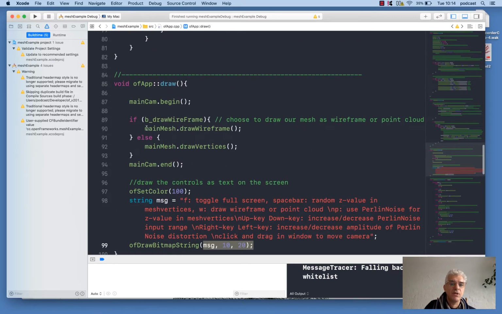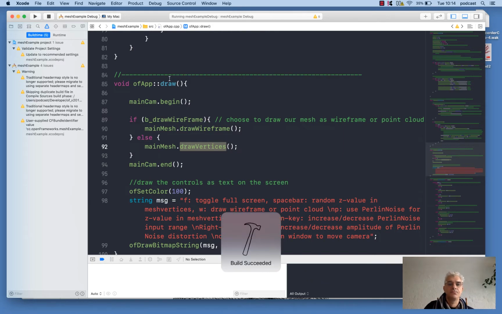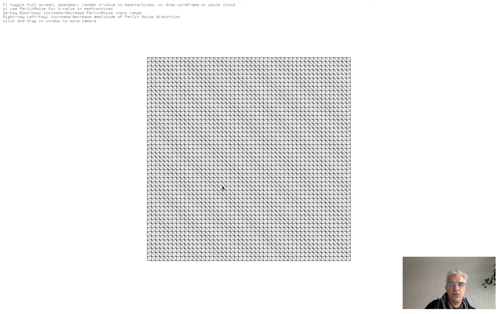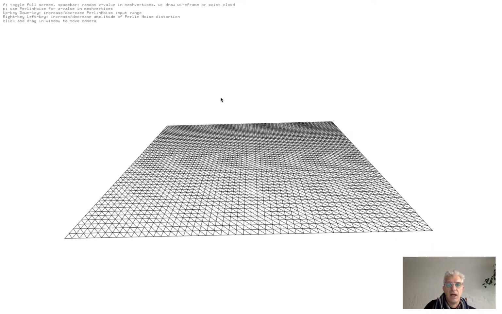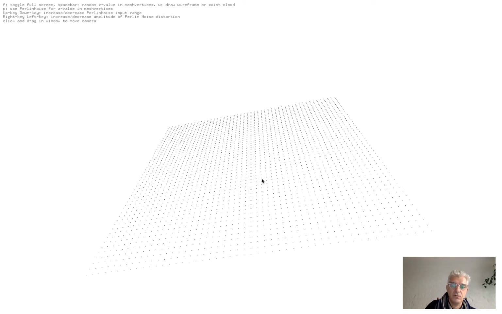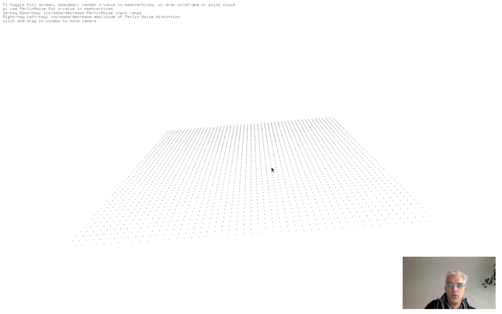This is the bit we're interested in. The main mesh, I can tell it to draw itself in a couple of different ways. Wireframe or vertices. And this is what it looks like. So compile and build again. I'm going to run full screen. And if I press the W key, you can see I'm not drawing the wireframe, I'm just drawing the vertices. And there are all of the points